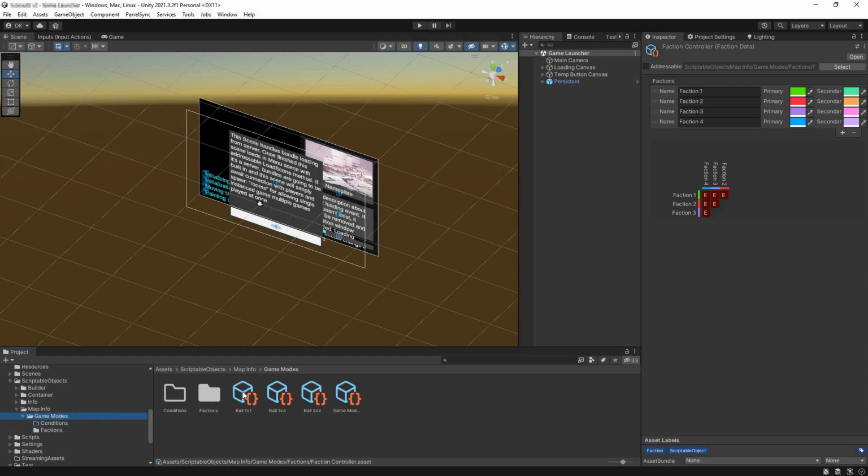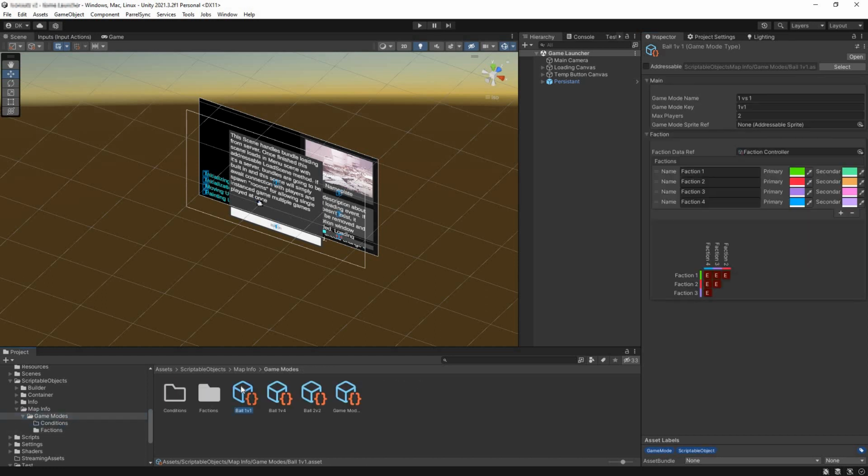What I wanted to do more on this system is conditionals, which have never been done, which define how those game modes work. For example, counting how many units were destroyed, and if you destroy an X amount, it would count as a victory, or maybe a defeat, or maybe you need to score something. So that's where the conditions would